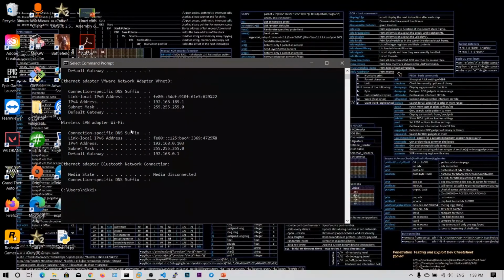We just concentrate on the wireless LAN adapter Wi-Fi. I have my Wi-Fi card, and it says the IP version 6 address is this one and the IP version 4 address is this one. As you can see, 192.168.0.103, this is a class C IP address, and I have my subnet mask and default gateway. This is the router's IP address. Don't worry about the subnet mask and default gateway. We will cover them in future videos.